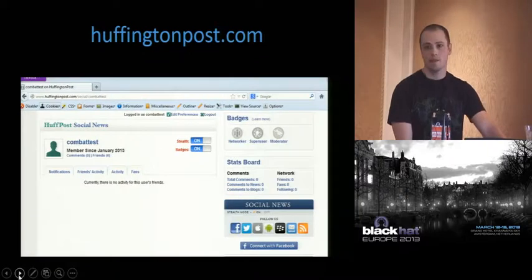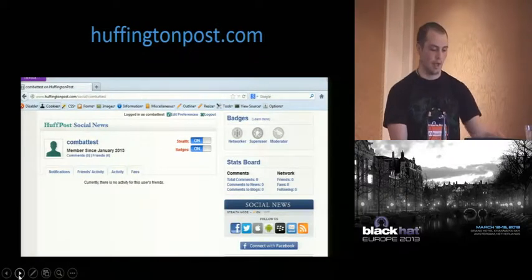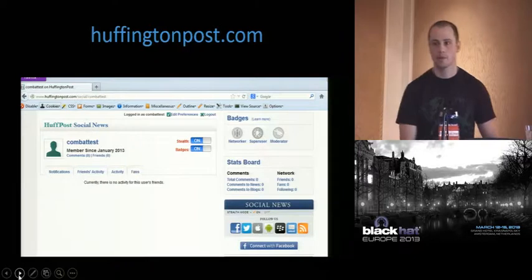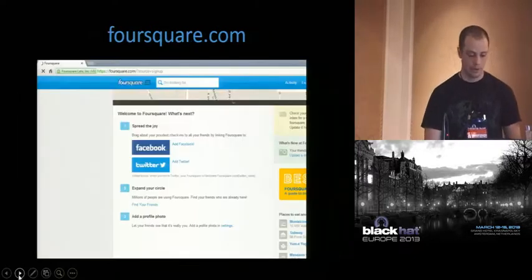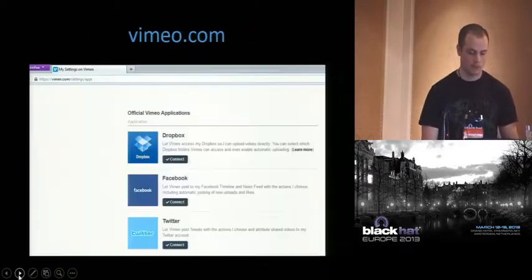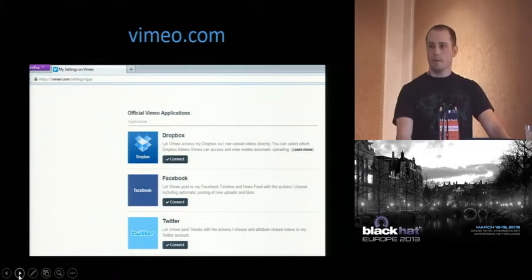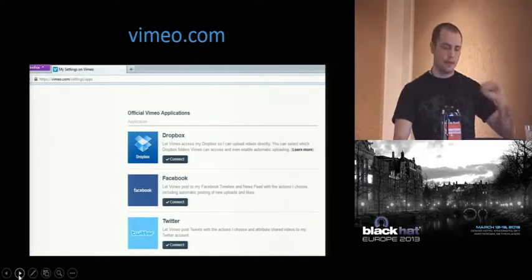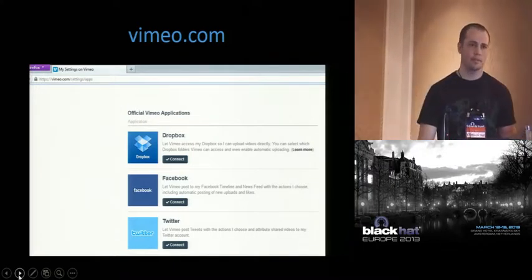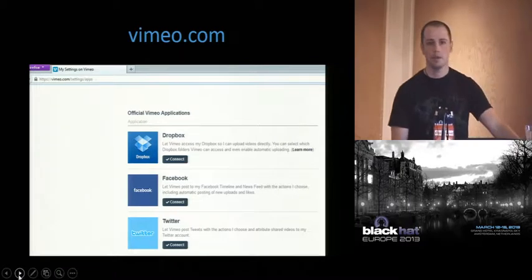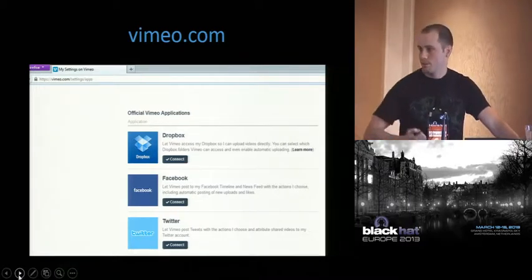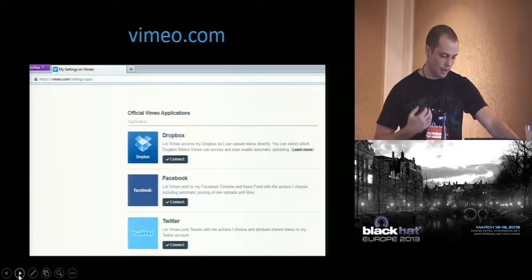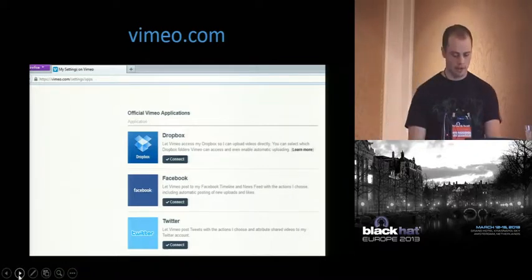Huffington Post did this, same thing as Facebook. They have the postMessage thing, no X-frame option, so they have the clickjacking thing. Foursquare does this, SlideShare does this, Kickstarter does this. Vimeo's a little different. Vimeo was one of the best ones I tested. They do the state parameter right. So they do something similar to Stack Exchange and Woot, where they do this association request, except they have the state parameter. And as far as I can tell, you can't get around that.